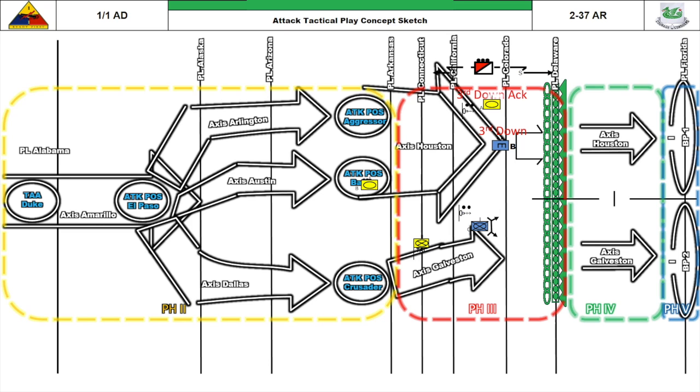Alpha Company acknowledges third down and aggressively bounds one platoon through the point of breach to establish far side security. The decisive point to this operation is when Alpha Company is 300 to 500 meters on the far side of the breach in a hasty defensive posture. Bravo Company passes Phase Line California and bounds towards the point of breach. When far side security is established, Alpha Company calls fourth down over the task force net.